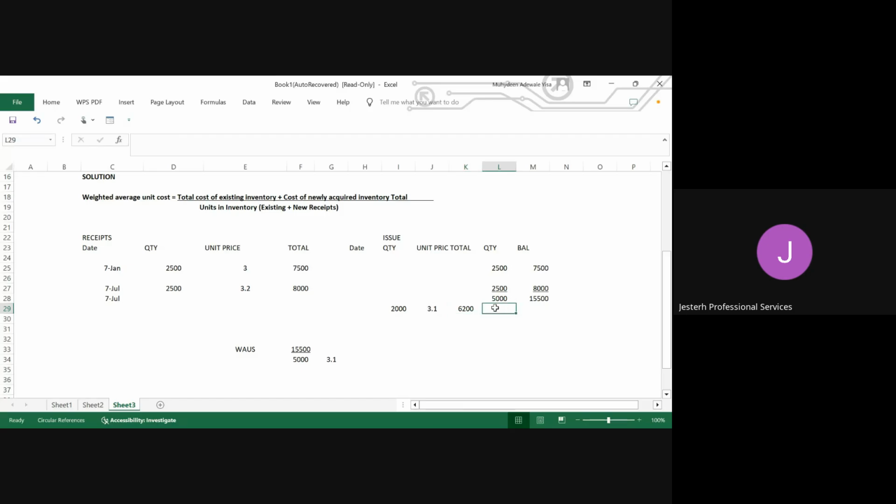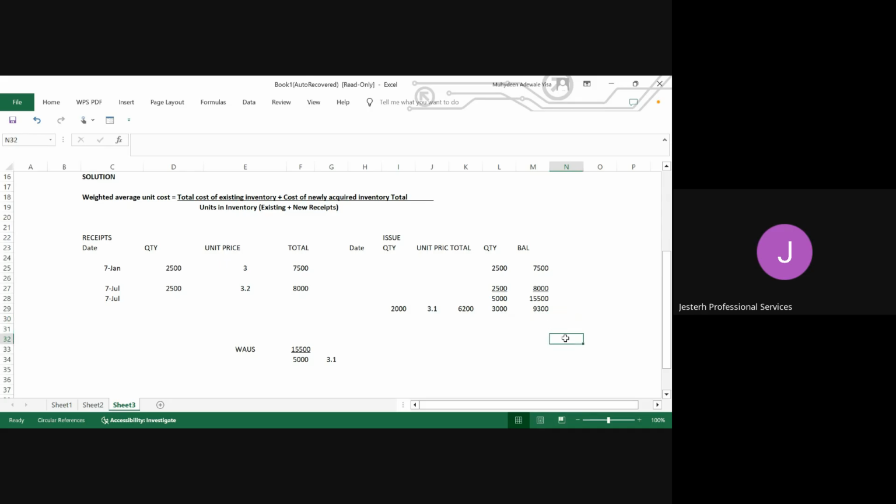Now you come to this place now. The total inventory that we have in stock before is 5,000, and then we issue out 2,000. Now it means in the store now, what we have left is 3,000 units. At what value? You know, you can use two approaches, but to be on the safer side, just do this: 15,000 minus 6,000 is going to give us the value of what we have in the store.